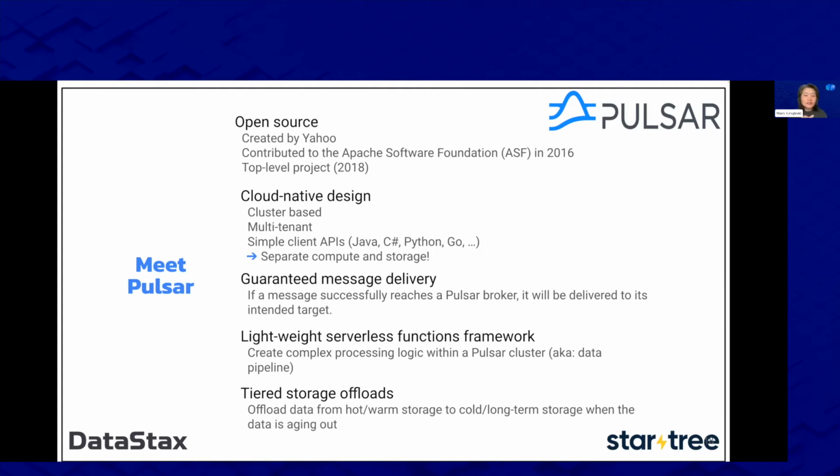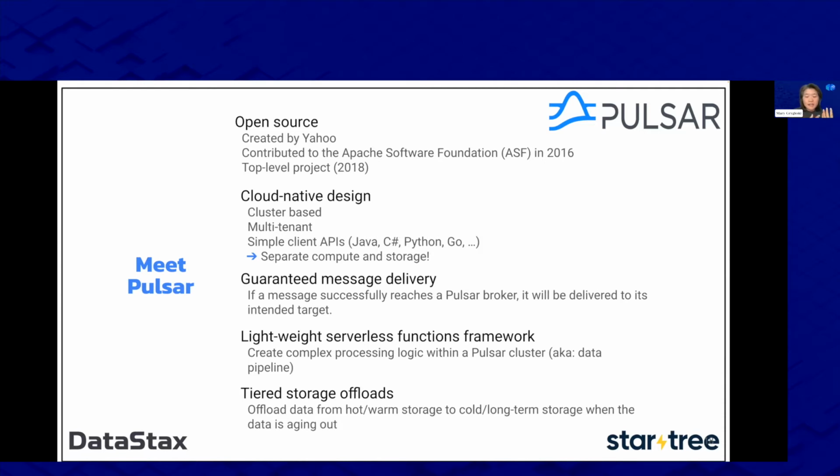When you write your code, you're not bound to only writing one thing, because it's a decoupled type of nature. You write your clients, and even though the runtime broker is JVM Java based, you can write your client using Java, .NET, C#, Python, Go, and other community supported language client libraries. With messaging, it also guarantees message delivery. The broker is very resilient. If you send the messages over and the network is down, it makes sure that messages get delivered accordingly to those who have subscribed to them.